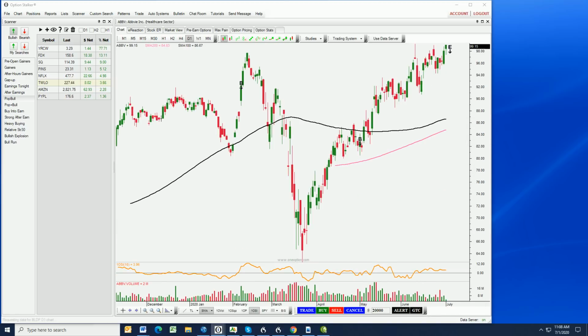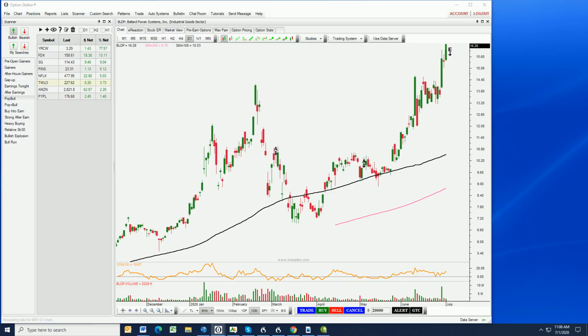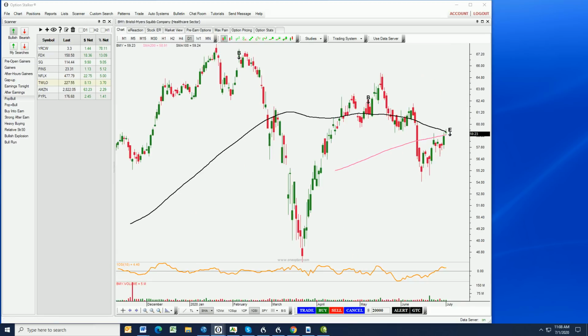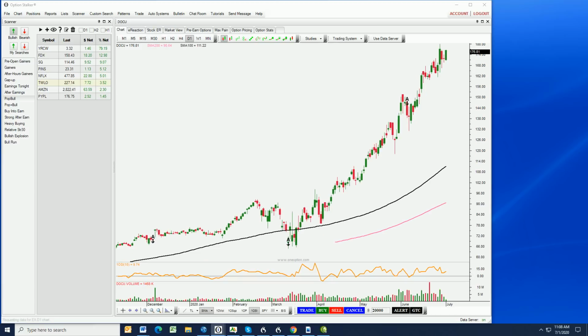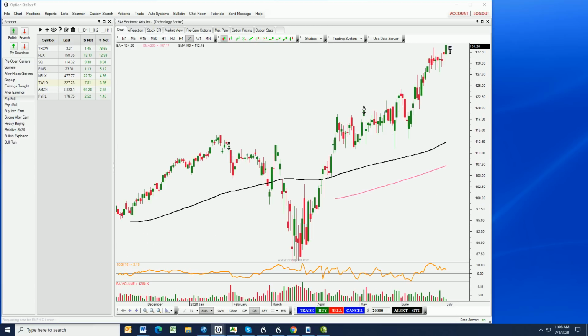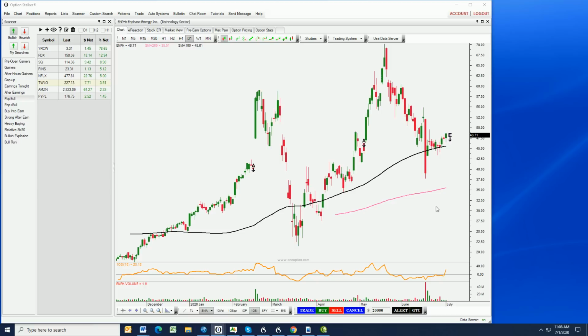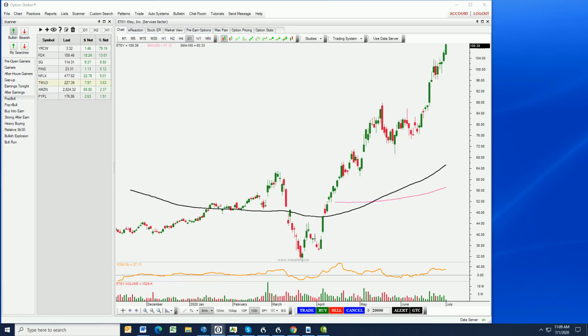ABBV, look at that. I'm just going to go down the list. I'm just clicking down the list. This BMY could be pretty nice if it gets through these two major moving averages. CHGG, DOCU, EA. Look at these charts. This is nice. See, ENPH is kind of volatile. I didn't like that bar right in there, and I showed you that one a few weeks ago. So forget about ENPH. Too volatile. ETSY. What a strong